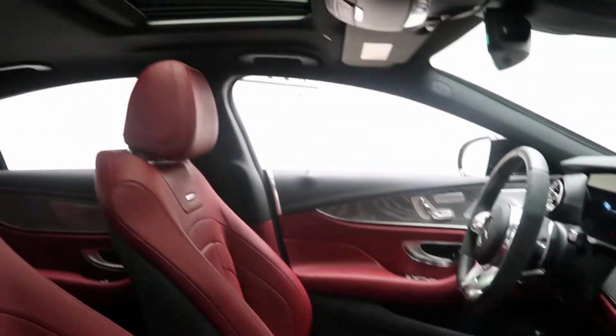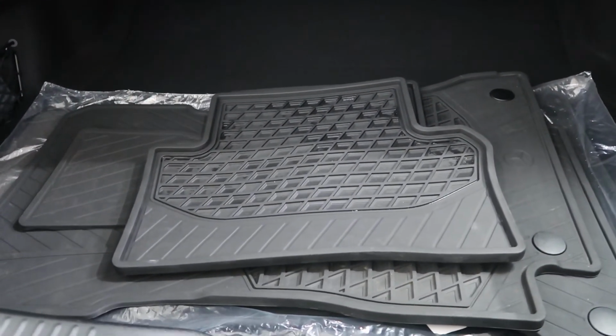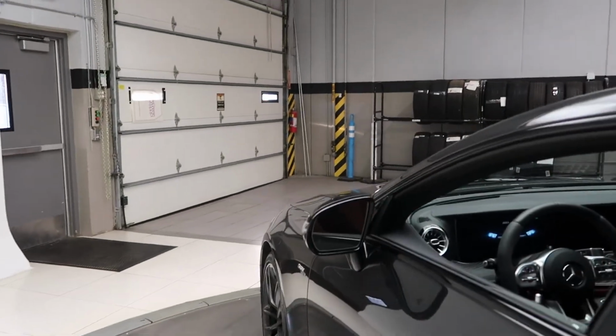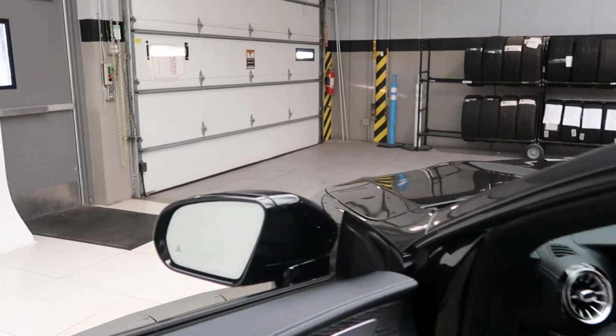ambient lighting, sunroof, rear spoiler, AMG CLS 53 badging, power liftgate, a clean set of all-season tires and brand new floor mats, fold down rear seats, driver's assistance package with active blind spot assist, active lane assist, speed limit assist, PRE-SAFE,